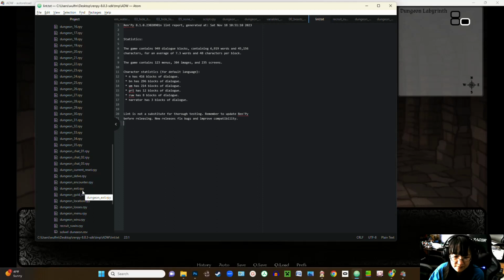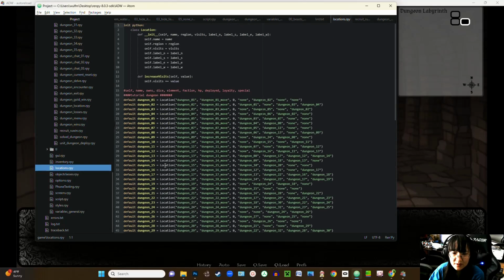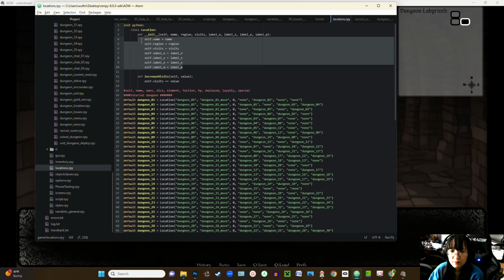So instead of doing it in that really weird roundabout way, I guess it's just how my brain works, I went in and have now these properties for my locations that I'm tracking, that I will use for my movement and for remembering where the player's